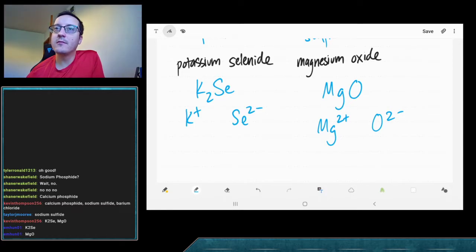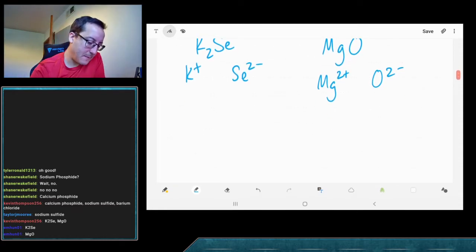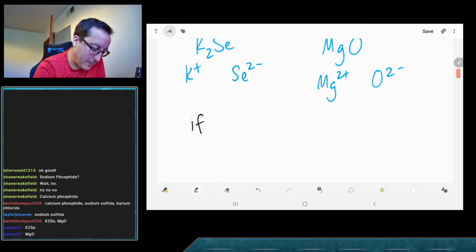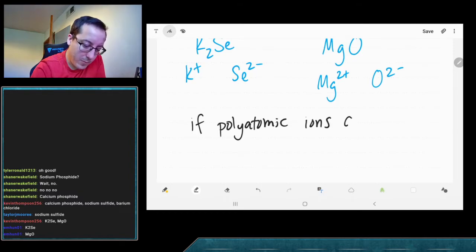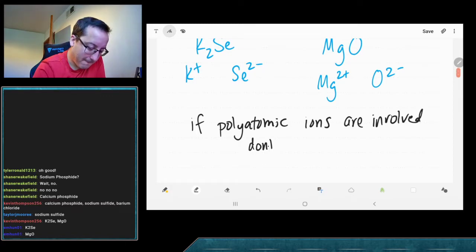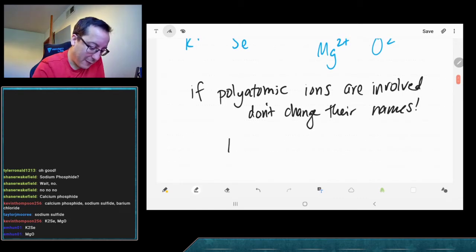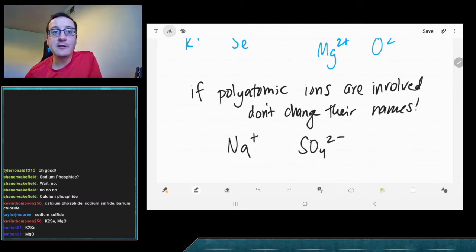Awesome. Okay, so in that case, I'll teach you now how to... by the way, if there's any questions, go ahead and type them out. I'm just gonna keep going for now. If polyatomic ions are involved, we do not change their names. For example, if we were to take the sodium ion and the sulfate ion,